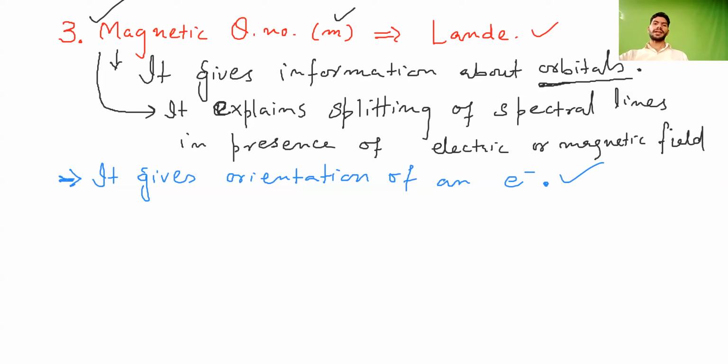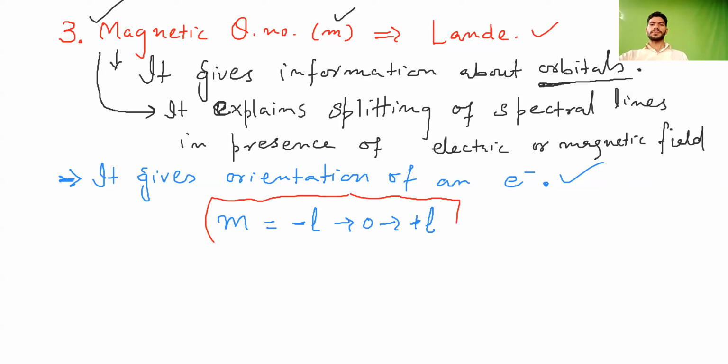This is very important. And how to calculate this m value? You have to remember that this m value, the magnetic quantum number, is calculated as minus L through 0 to plus L. So this is the formula to calculate the magnetic quantum number. I hope you will remember this because we have to apply this formula. It is represented by small m, and its value is calculated from L, the azimuthal quantum number, that is minus L through 0 to plus L, correct?